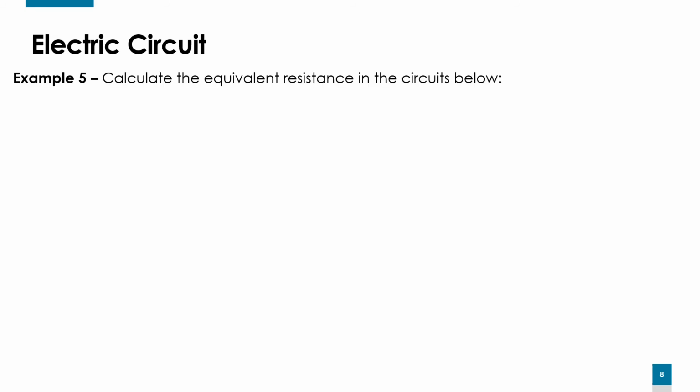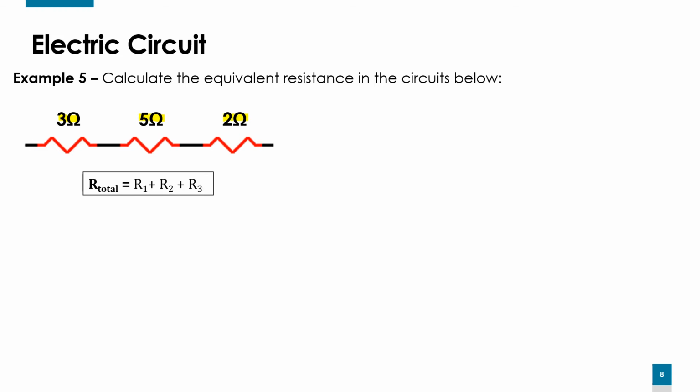Example 5. Calculate the equivalent resistance in the series circuit below. So here I have a series sequence. How do I calculate? They are not the same. I have 3 ohms, 5 ohms, and 2 ohms. So I need to add because it's series. I know they are side by side, so I need just to add them. 3 plus 5 plus 2 gives me the total resistance, or equivalent resistance, they are the same, equals 10 ohms,